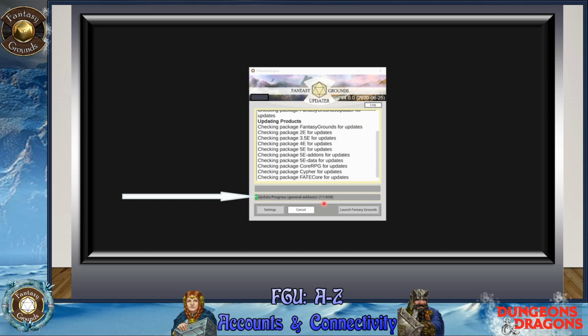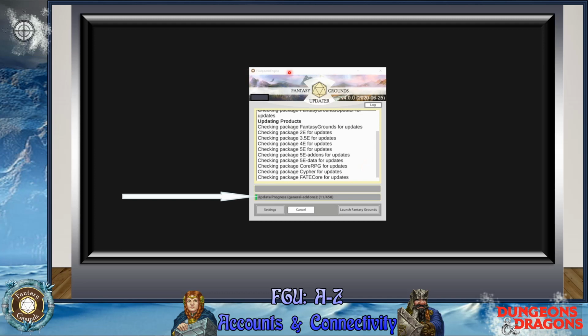So the caveat with that is when you are updating, and if you are the host or even a player, make sure that everybody on your table or in your group has the same version of Fantasy Grounds. That has been a big problem because different people will update at different times. So if you're the host, let your players know that you've recently updated and that they need to do so before they try to connect to your table. And try to do it more than 5 minutes before your game starts. So do not update Fantasy Grounds 2 minutes before it's go time; you want to give yourself at least an hour and give your players time to update as well.